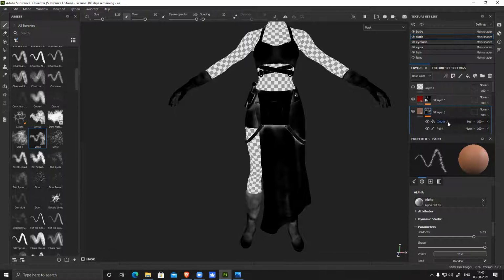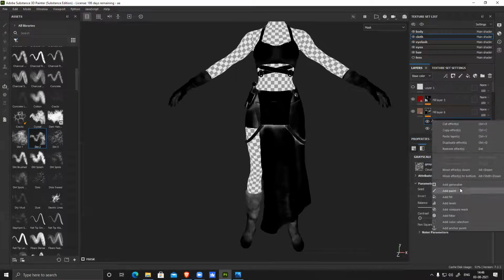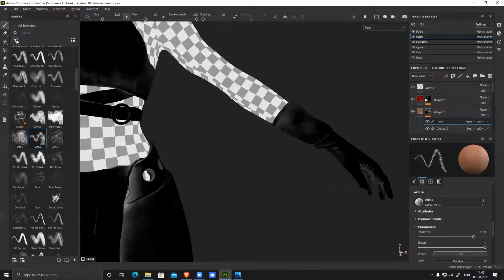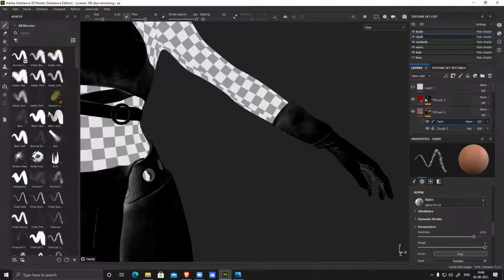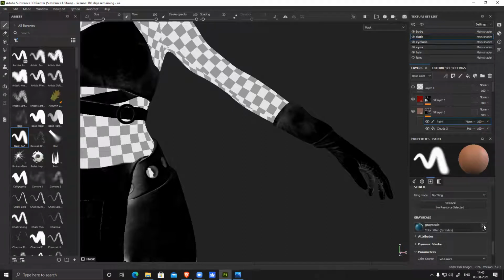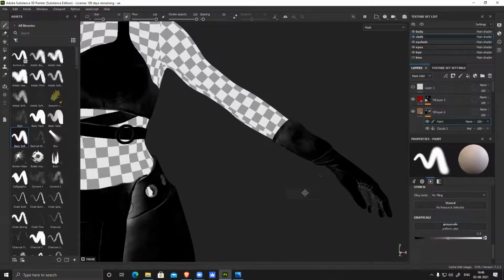but this affects other parts as well. So I have to add another paint. I'll use a basic soft brush. Why this color? That color, I removed it.